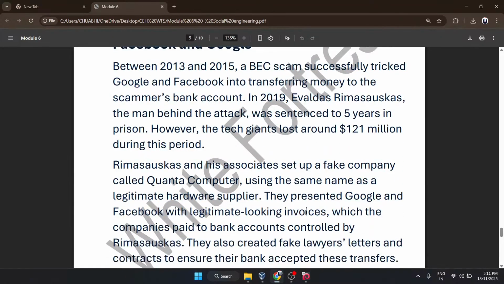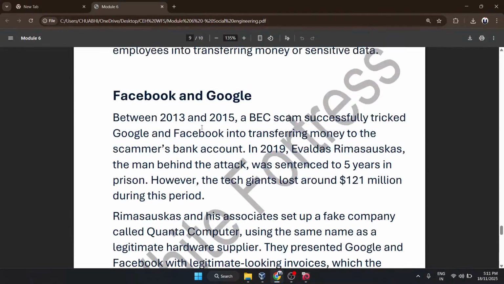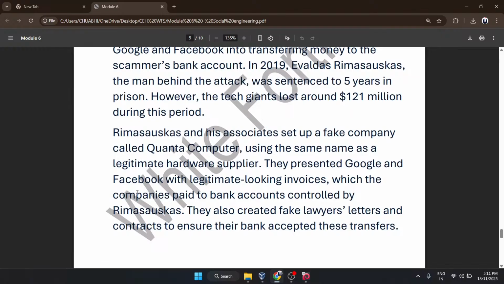This person and his associates set up a fake company called Quanta Computers, similar to the company that was delivering all the hardware to Facebook and Google. Using the same name as the legitimate hardware supplier, they presented Google and Facebook with legitimate-looking invoices attached in the mails, which the companies paid to bank accounts controlled by Rimasauskas.